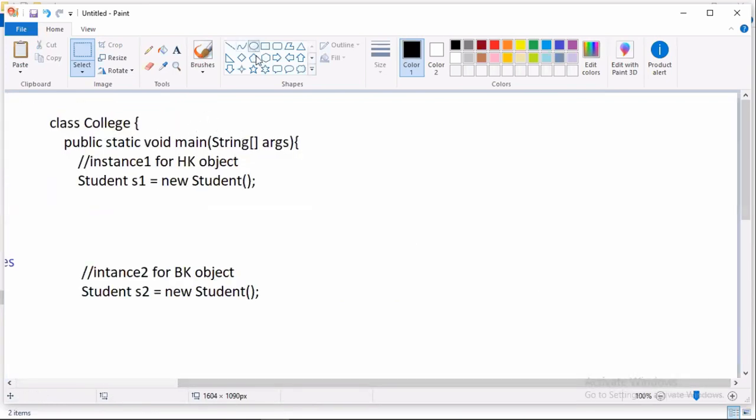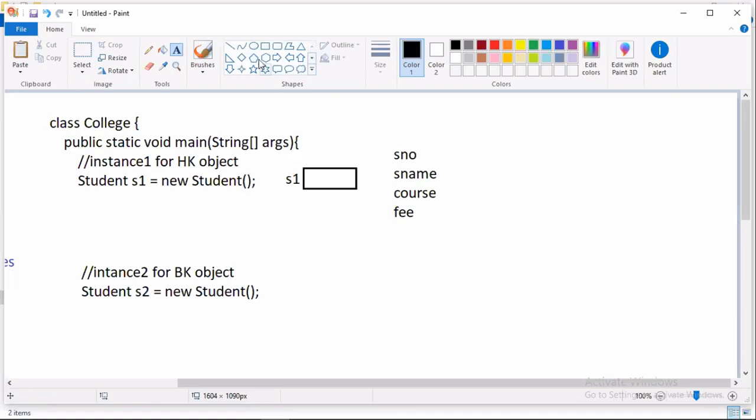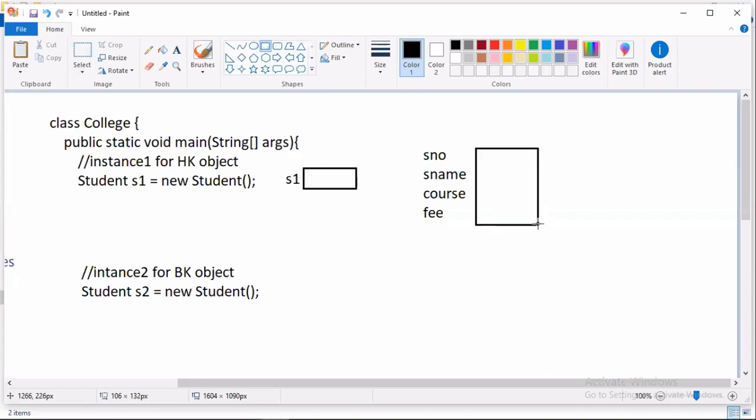Already yesterday I told you. What happened in the background? First, the s1 variable is created. Are you writing along with me or watching? Work along with me. Then sno, sname, course, fee, with all these four variables, what happened in the background?